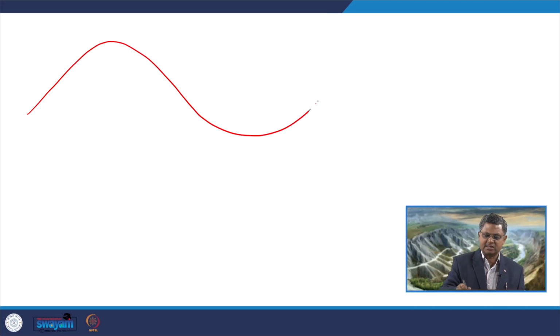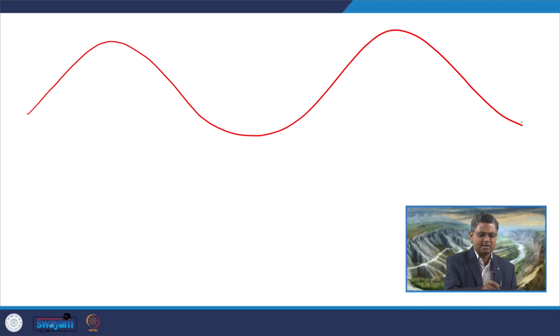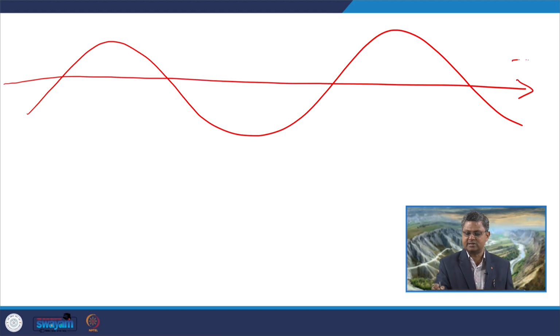So, the base level curve was simple like this. It was going on like this, where the midpoint is something like this. This is the time axis. Also, we have seen earlier that the rate of base level change goes on at a very high rate over here in this part. The rate of base level change is quite low over here in this part. Again, the base level fall, its rate is very high. Again, the rate of base level fall is very low, and in that way it goes on.